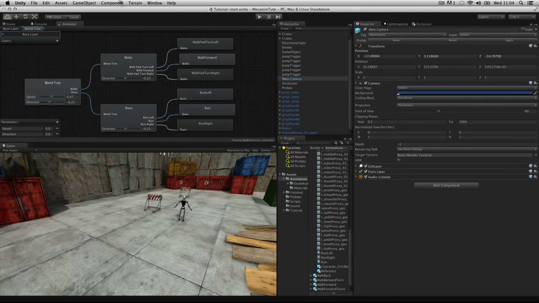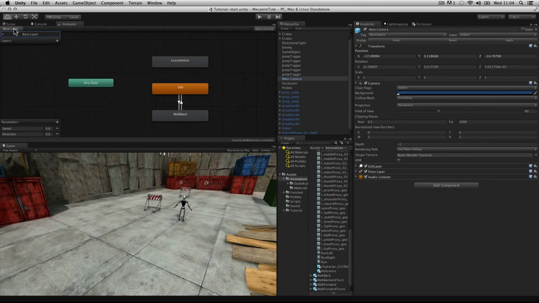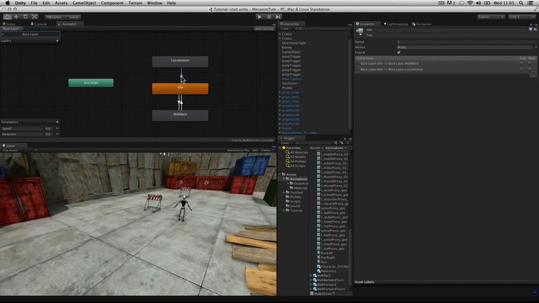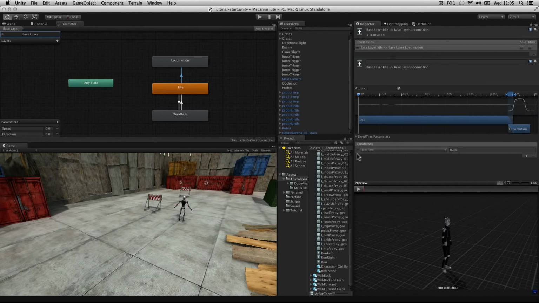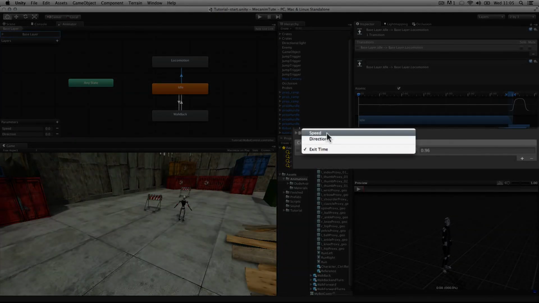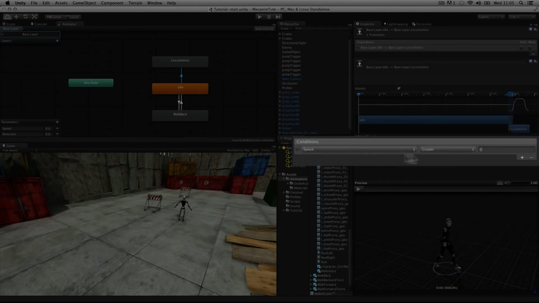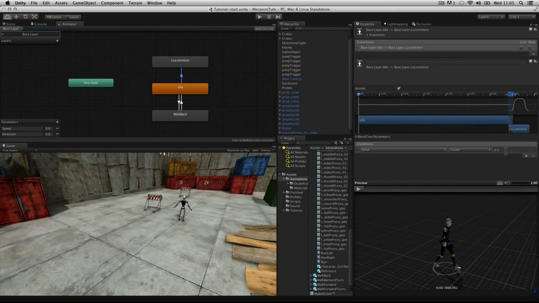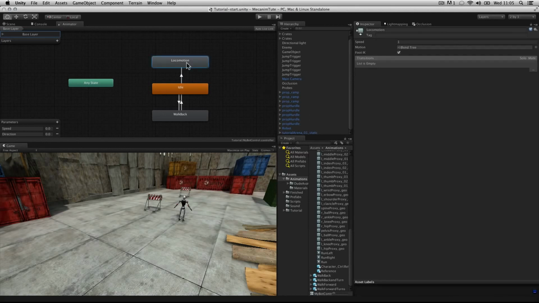So now I can go back to my base layer using the breadcrumb trail at the top. And I need to create transitions from idle into locomotion. So as with before, right click on the transition you're starting from and choose make transition. Select the one you want to go to and then choose the transition to edit it. Yet again, I'm going to use speed. So in the condition, set the parameter to speed, and we're going to say greater than 0.1. So that pretty much guarantees that the user has started pushing the forward axis, be it on the keyboard or with the joystick. Then right click on the locomotion,